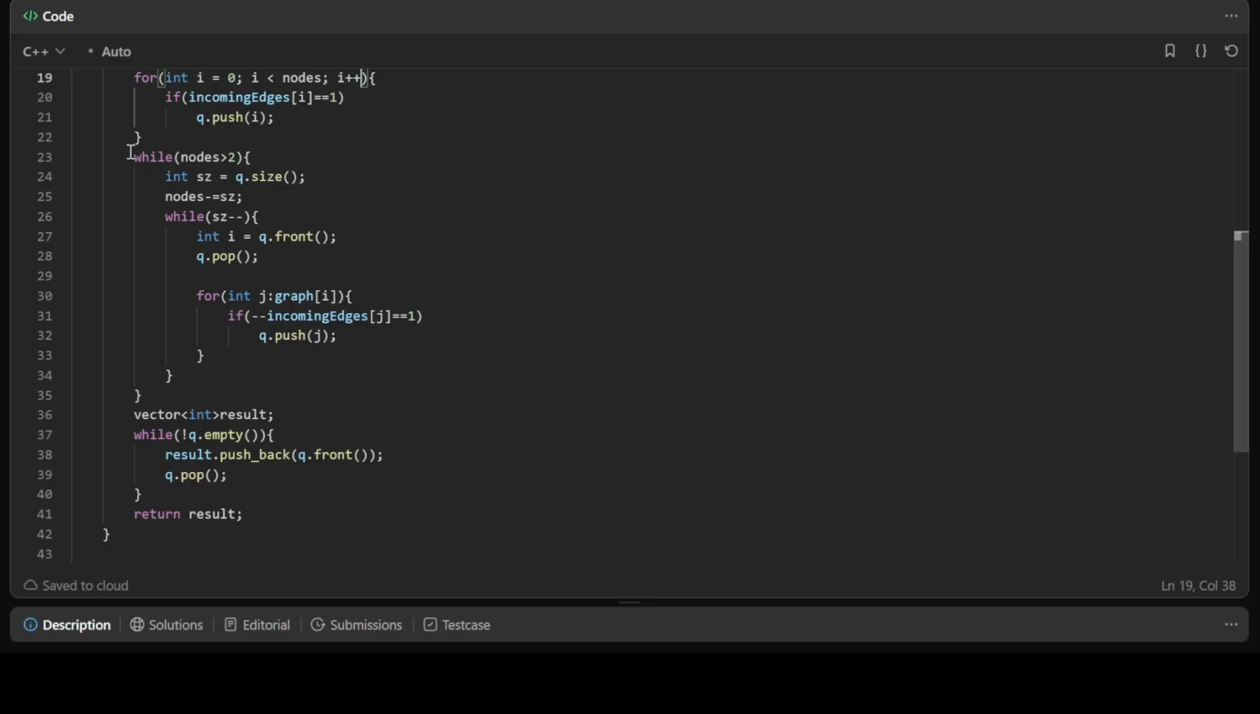After that, our main loop begins, which is going to continue until there are only two nodes remaining in our graph. The variable sz is assigned to the size of our queue, so that it'll contain all the nodes with only one incoming edge. And we decrement the nodes count by sz, since we're going to be processing sz nodes in this iteration. We iterate through sz times to process each node in the queue, starting by getting the front node